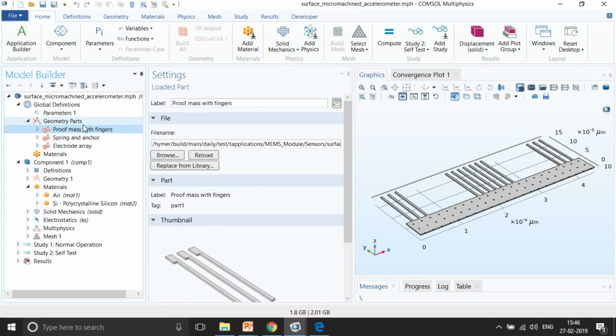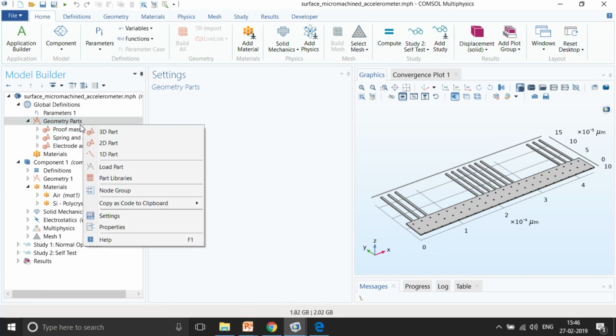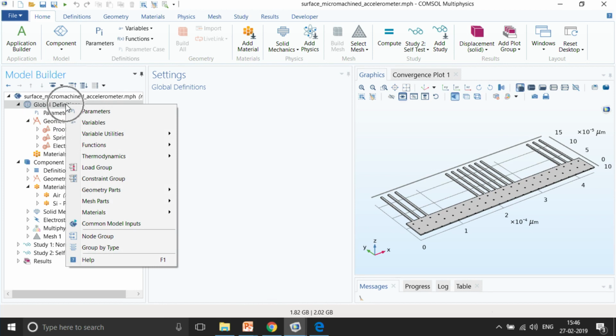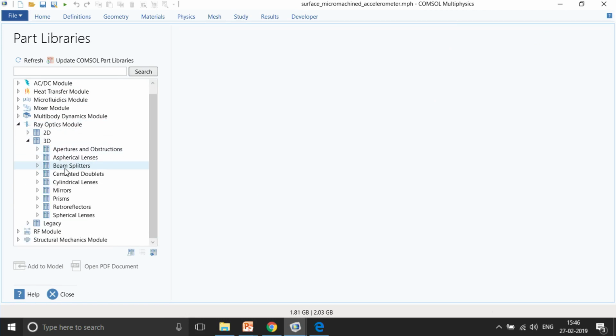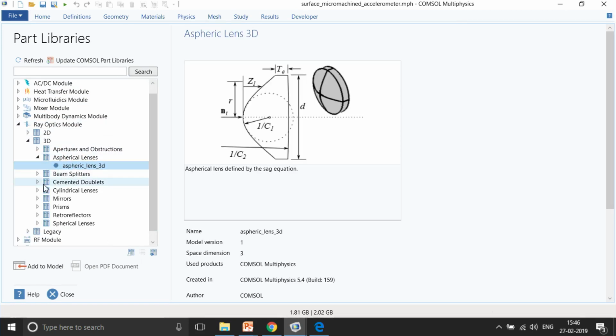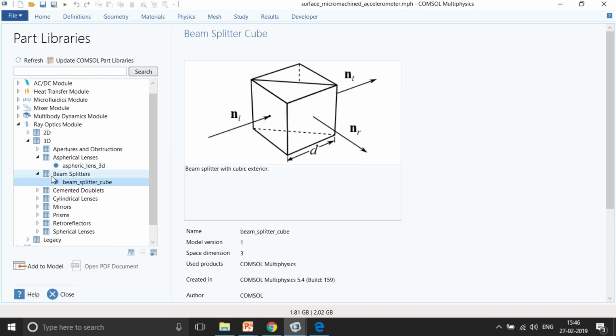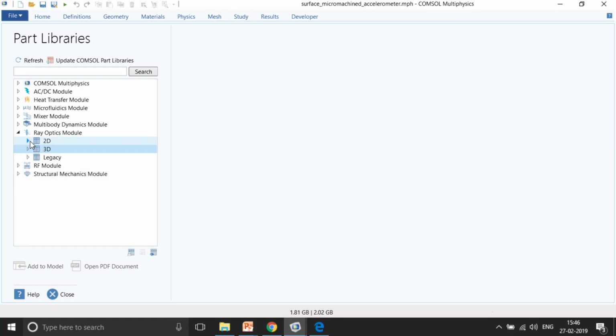If you want to understand what those are, you can just right click on Global Definitions, go to Geometric Parts and go to Part Libraries. In the part libraries, there are many structures that are already available. For example, if you are looking for a lens, you can have the lens introduced from here directly into the geometry, and based upon the focal point, the complete design of the lens is going to change.